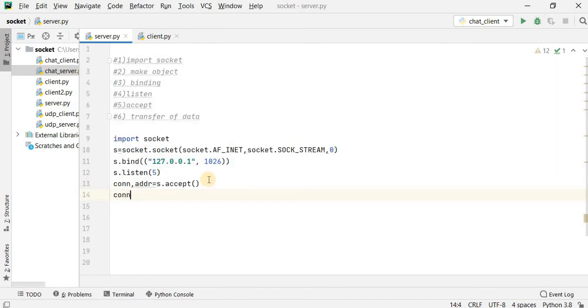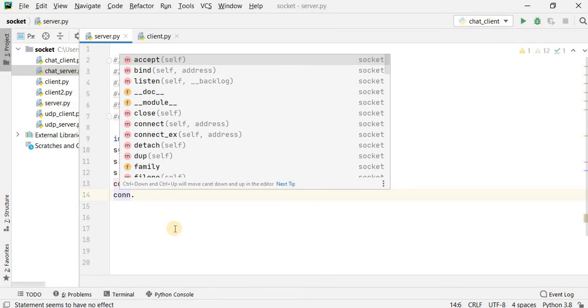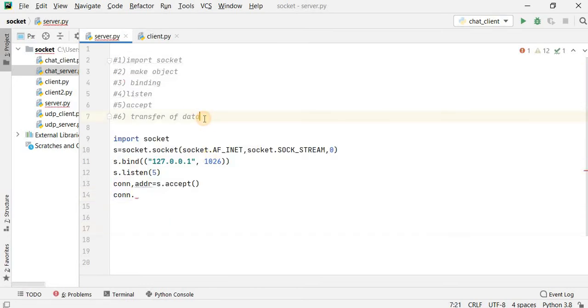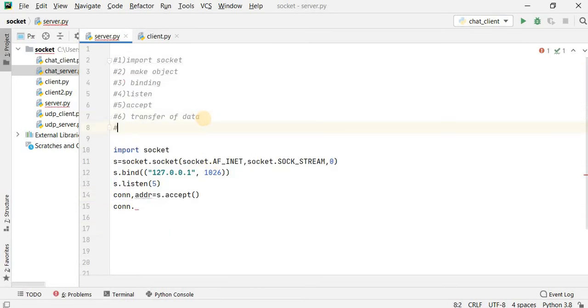Then we have to send some data to the client from the server. So we have to use this object, conn, and at the server side for establishing the communication, I will write over there that TCP uses two methods called send and receive, in order to send the packet and in order to receive the packet.